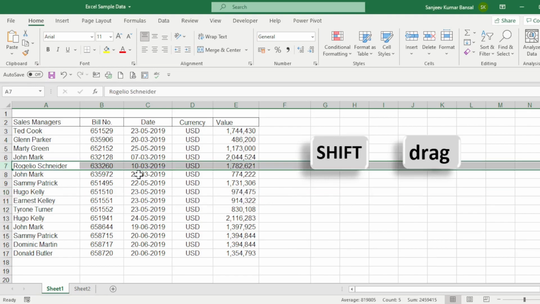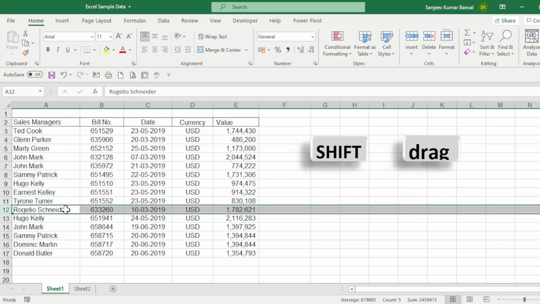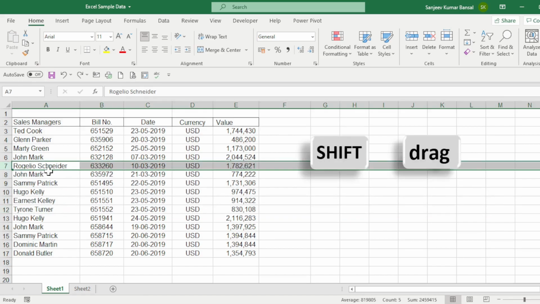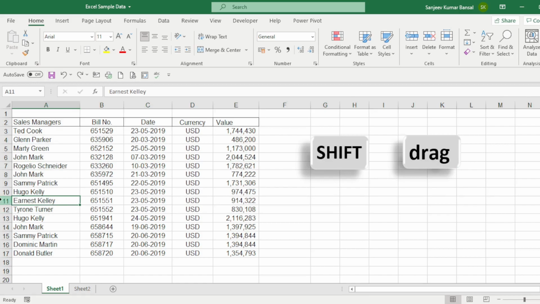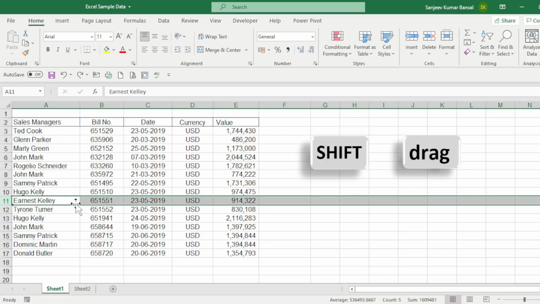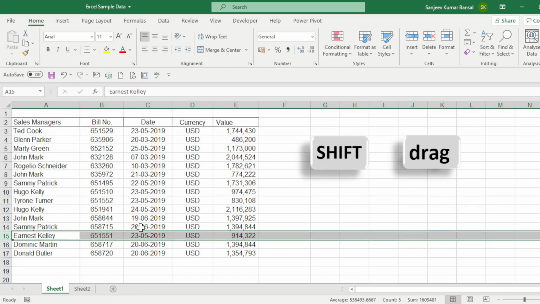So if you press shift and then drag your data, it will be allowed. Press shift, then drag, and the data will be shifted like this. Or you can drag once again, press shift, then drag, and the data will be shifted.